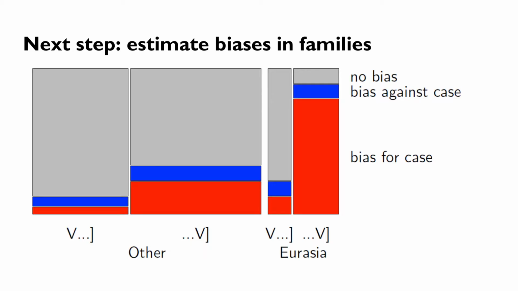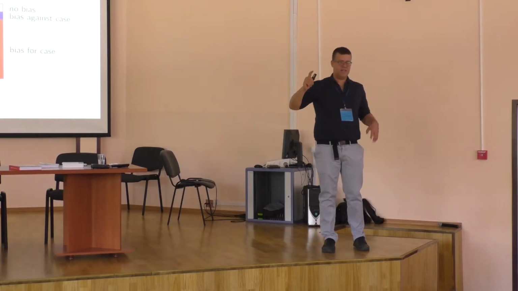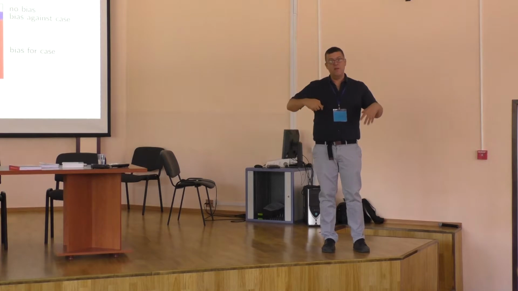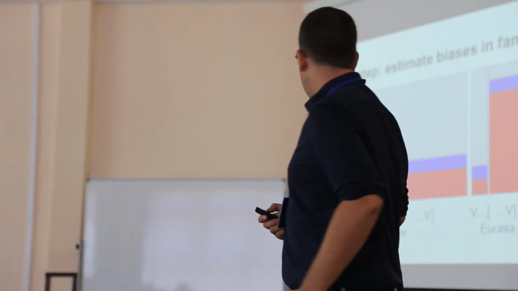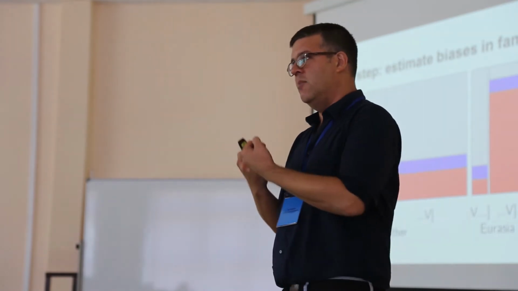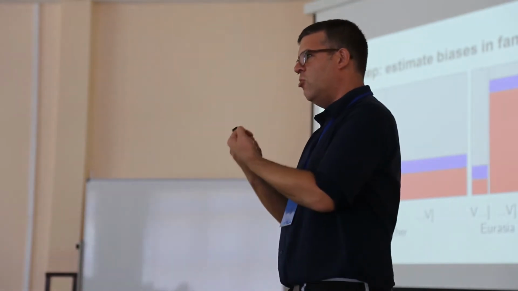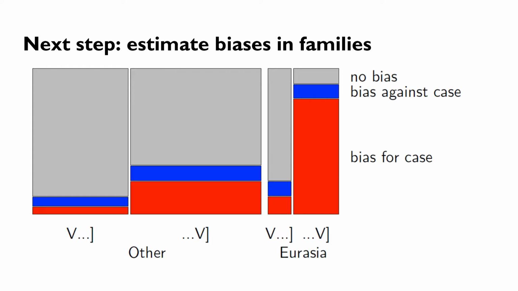Now, what we see here is looking at it, again, at the level of individual families, so densely sampling a bunch of families. And what we see here is the gray is no bias either way. Blue is a bias against case. That means within a given family, most languages either did not develop case or they lost it. And the red is a bias for case, which means that either most languages have it, developed it, or renovated it even after having lost it, right?